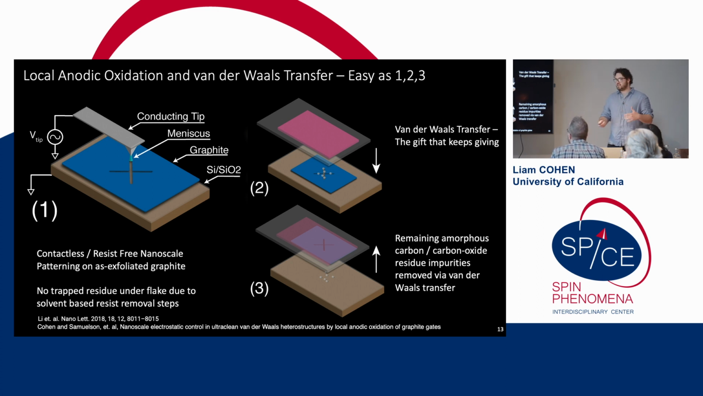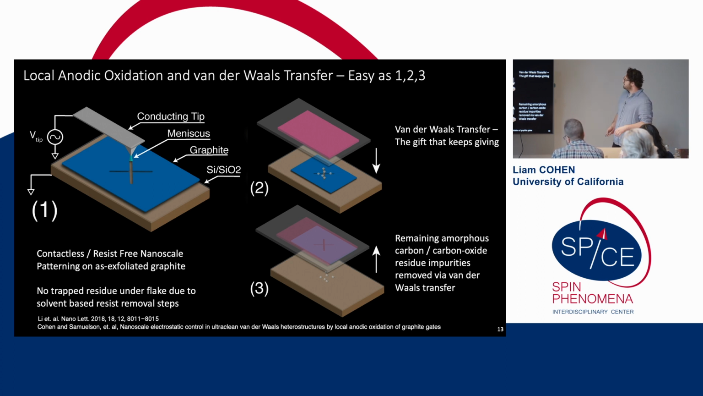Our solution to this technique is fundamentally based on pre-patterning the graphite before we integrate it into the heterostructure. So we use local anodic oxidation. Basically, we take an AFM tip and we bring it close to the graphite. In a humid environment, a water meniscus will form between the graphite and the conducting AFM tip. And that just happens via capillary action. And then you apply an AC voltage, and that electrochemically oxidizes the graphene. You can do nanoscale subtractive lithography, on the order of 50 nanometers,